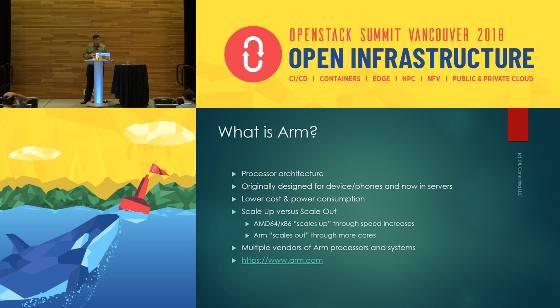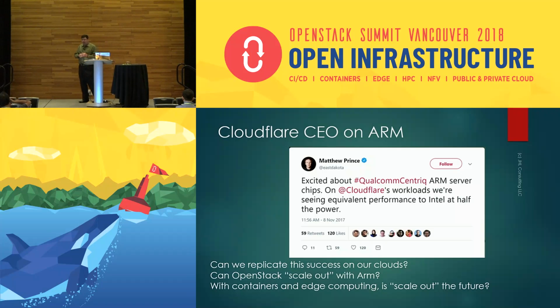And there are a bunch of different processors, different systems. So in this test, we went through a couple of different models. So Cloudflare. Cloudflare is a CDN, content distribution network. They're probably one of the largest ones out there. And they went through and they replaced their x86 workloads, their network across the world, various data centers, replaced them